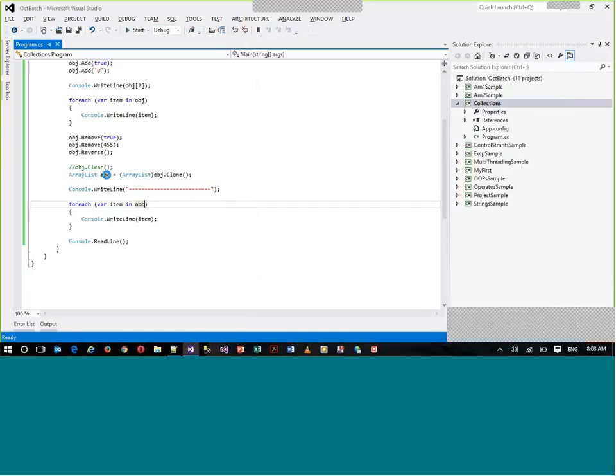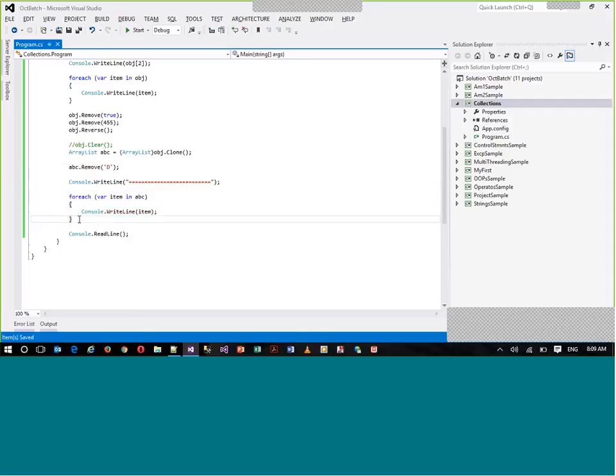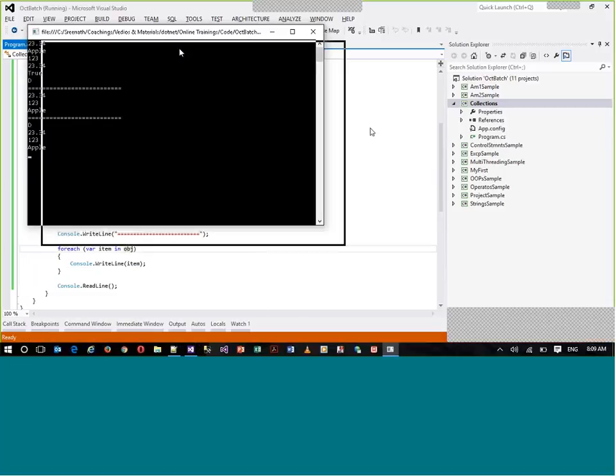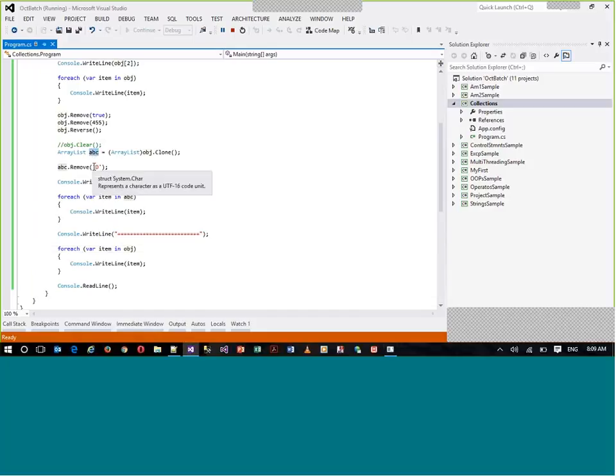Let's say in ABC, after cloning, if I say ABC dot remove of, let's say, D, and I want to print both ABC and OBJ. Let's understand how it works. I have created a shallow copy of ABC, and if from ABC I remove D,